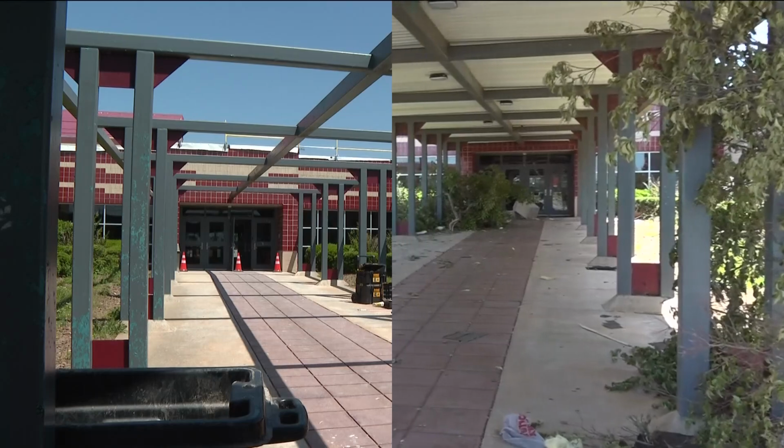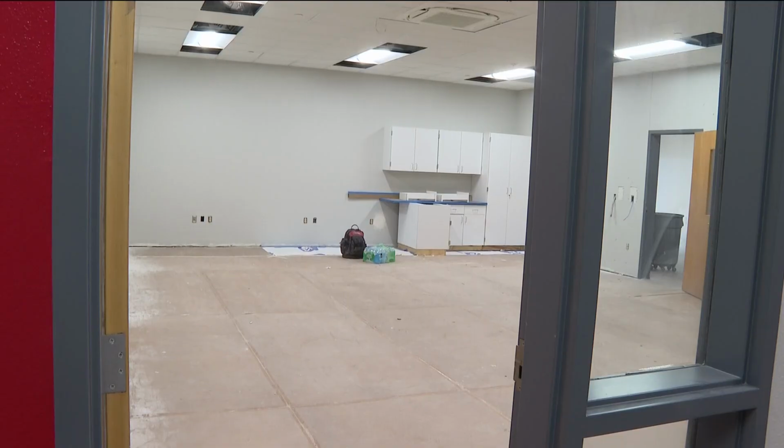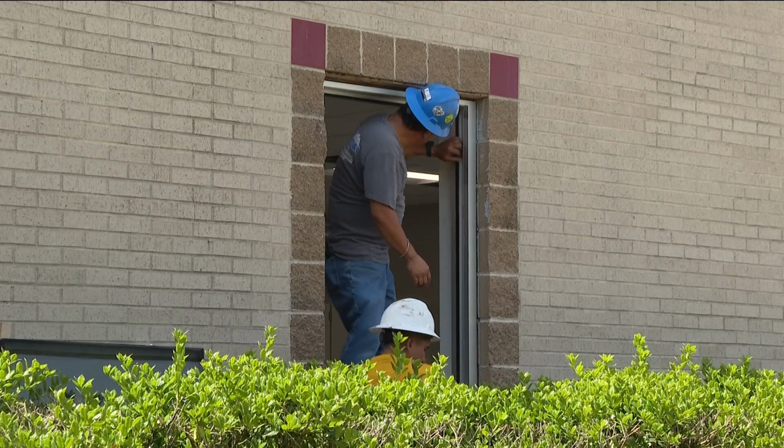Phase 1 and 2 were basically the brunt of the tornado damage, and we got to work on that. Phase 3, that last phase, is actually the storm shelter that we're getting assistance from FEMA to go back and build. That wasn't necessarily significant tornado damage in that area, but we had an opportunity to capitalize and put in a storm shelter. The school will look completely different on the inside, with crews remodeling classrooms and fixing water